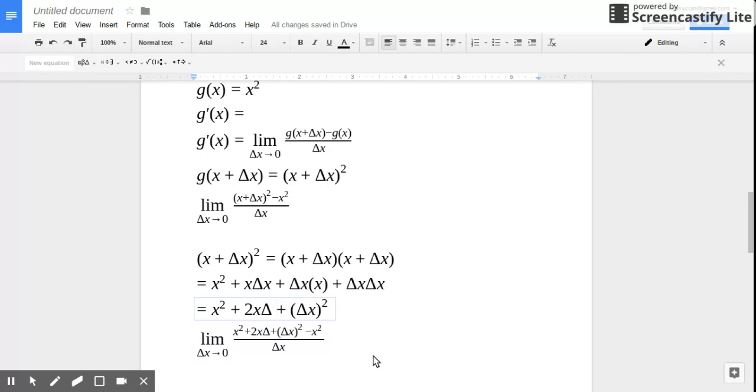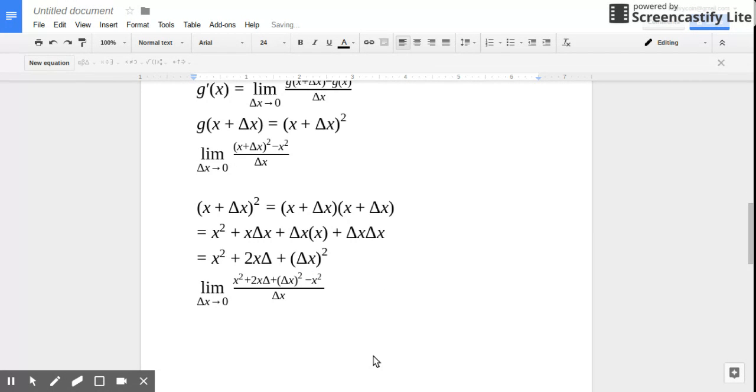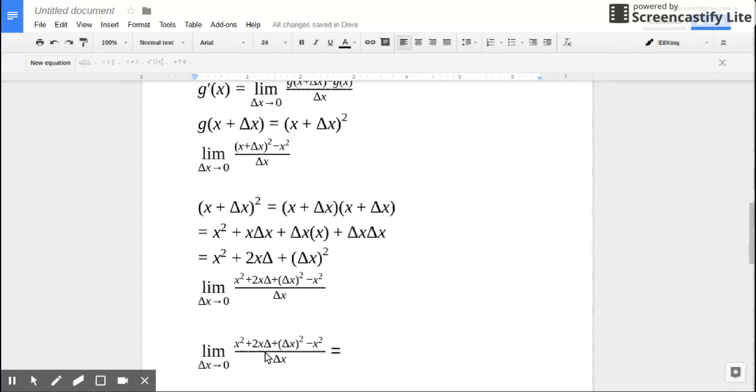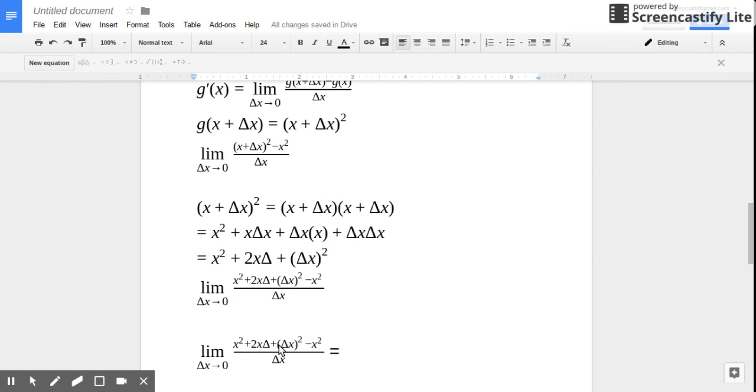Okay, so we'll go ahead and just rewrite all that. And I'm going to say here that I want you to finish this. So these are going to get eliminated. We're going to be left with a 2x delta x and a delta x squared. We can cancel out a delta x and cancel out a delta x up here. And what's going to happen here is we're going to be left with 1 plus delta x. And then once we plug 0 into that delta x,